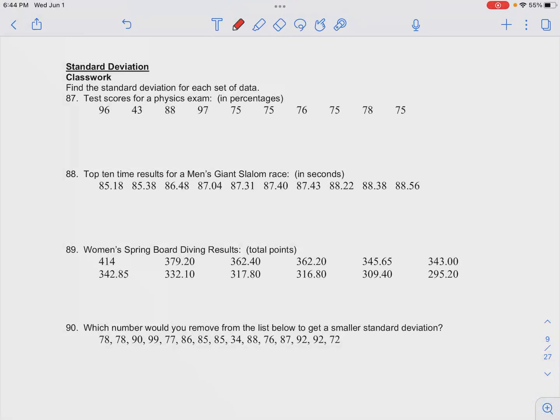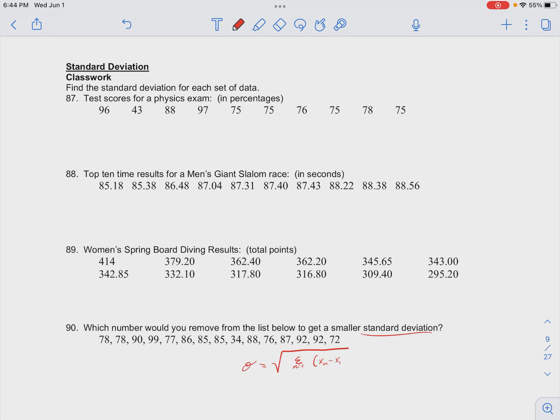Question number 90 in your class check for standard deviation. We want to find the number that we'd like to remove from the list to get a smaller standard deviation. So standard deviation depends on the variance. So we calculate the variance with the sum over all of our terms given by x sub n